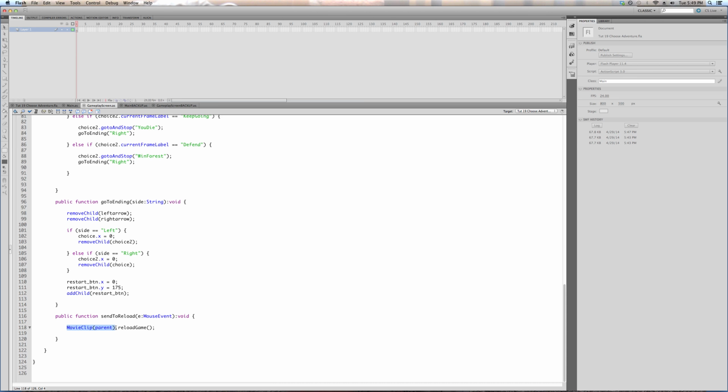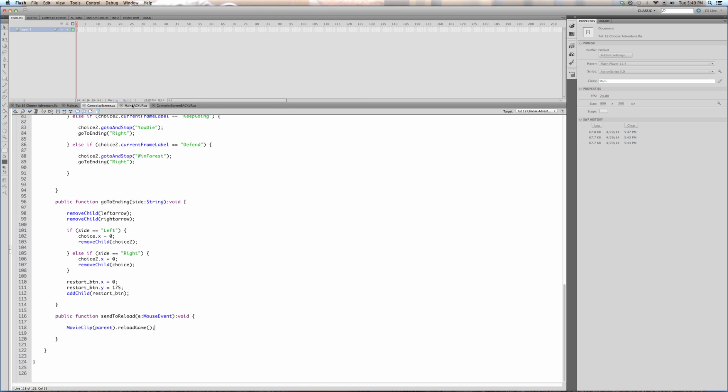The parent of this object. The parent of this MovieClip. This is the document class. And I believe I can also say root here if you had multiple layers and, instead of referring to the direct parent, you wanted to refer to the root. If I remember, I'll test that later. But